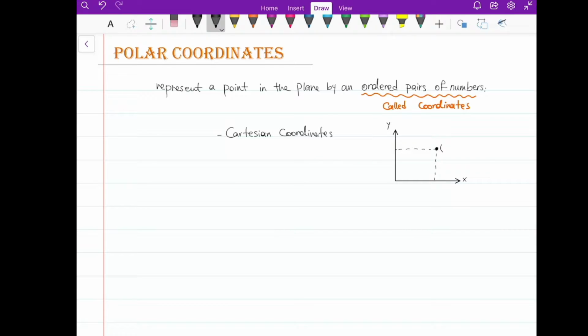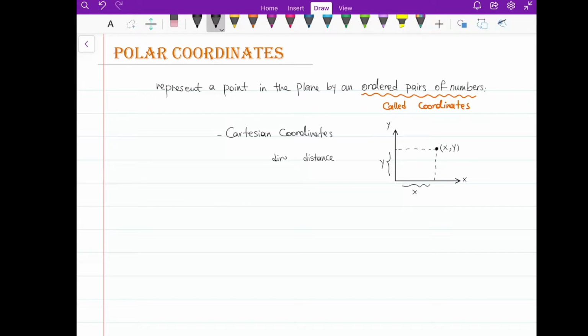The distance of the point to the y-axis we call x, and the distance of the point to the x-axis we call y. This is the x, this is the y coordinate, and we call these the Cartesian coordinates, which is what? Which is the